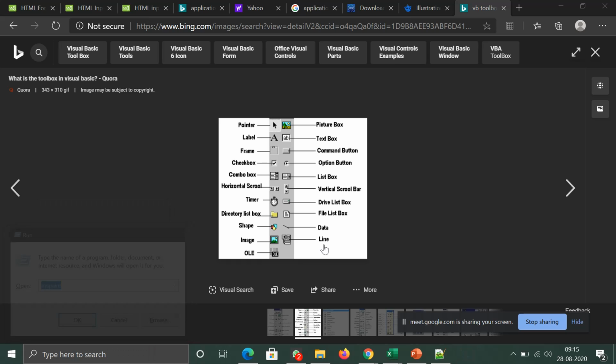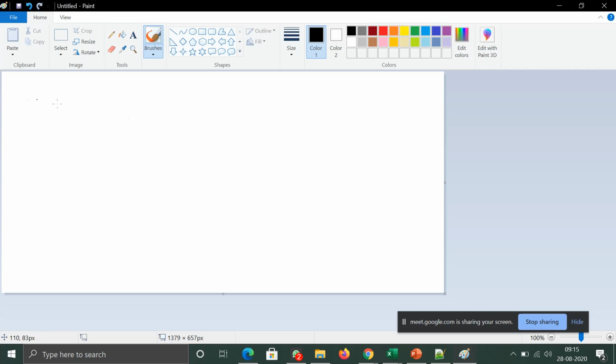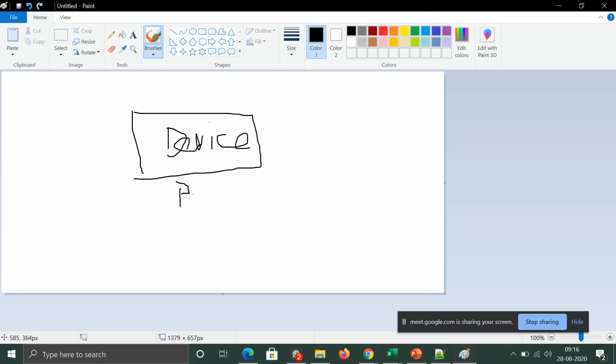If you take your computer, a computer is a device. So this will be your computer device. What it does is some process, and for that process you need some inputs, and you give some output.